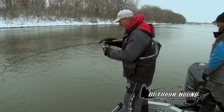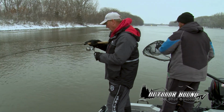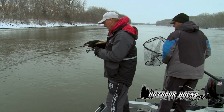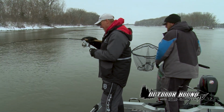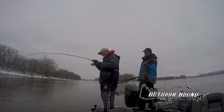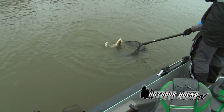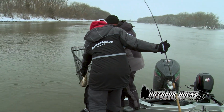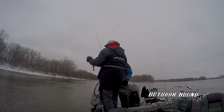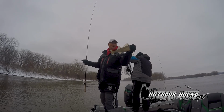I'm shaking the head a little bit. Kind of move just a little bit here, away from the dam, just a little bit further away, and this guy decided he wanted to bite. Yeah, nice fish. Oh, look at that. Nice sauger. Look at that. Now that is a beautiful